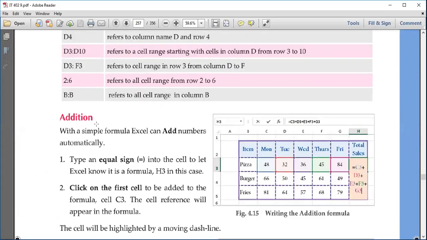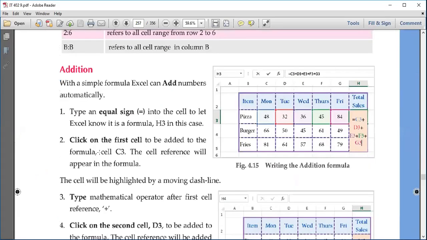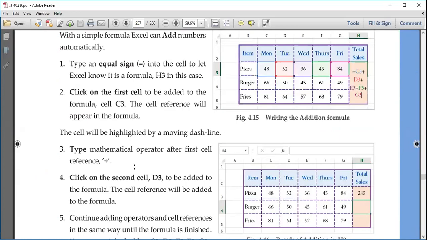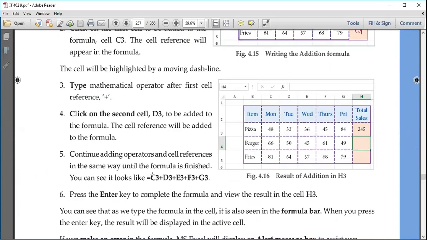So to enter an addition formula, we'll put equal to, then click on the first cell, and then keep on clicking on the next cell by pressing the plus sign, right? Like this. So this will add up all the values present in these particular locations: C3, D3, E3, F3 and G3. So ये 5 लोकेशंस पे जो जो वैल्यूज होंगी उन सब का एडिशन हो जाएगा, और wherever you have typed this formula उस सेल के अंदर उनका सम दिखेगा,